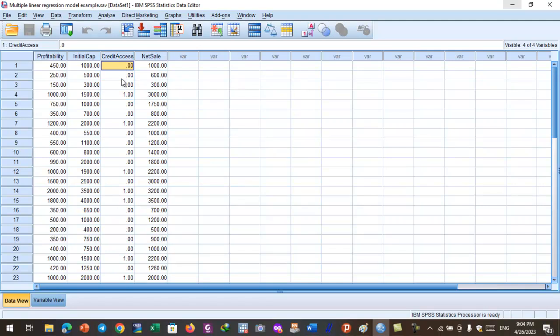Okay, and when we are about to run the normality test, we only run a normality test for continuous variables or scale variables. The variable should be measured in metric terms, okay, in continuous numbers. So here in our data set, we have profitability, initial capital, net sale variables which are continuous. So we're gonna run the normality test based on this for these 3 variables,